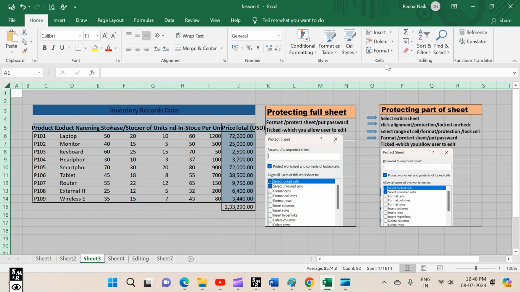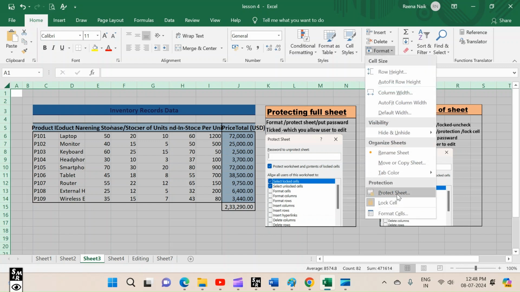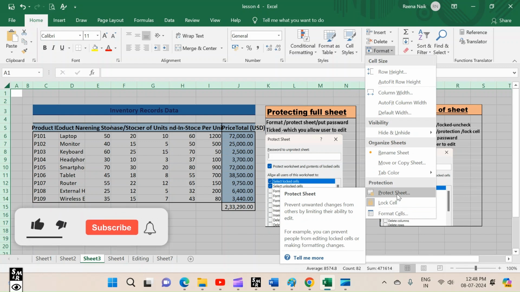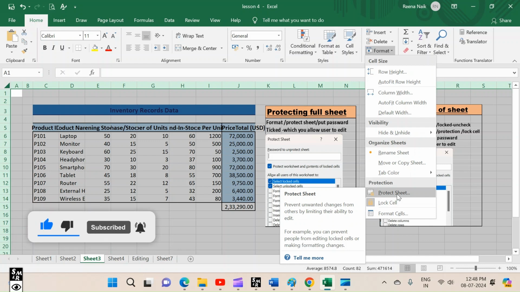Now coming back to the protect sheet. What is this protect sheet? The name itself suggests that our sheet gets protected. Protected from what?